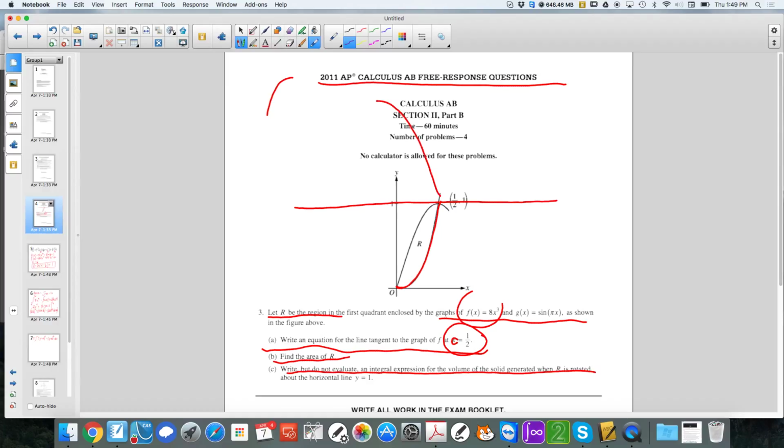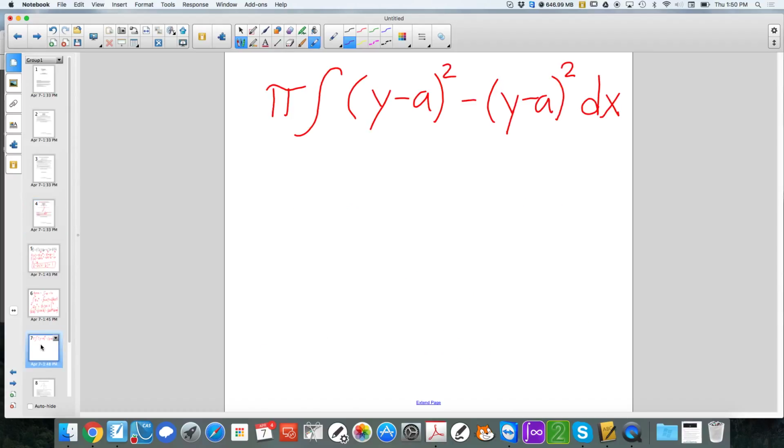So it's actually the upper is 8x to the third. So it's not always just the upper curve. It is the upper curve based on the shape that you rotate. We wouldn't even have to worry about it. So it's going to be pi, the integral,